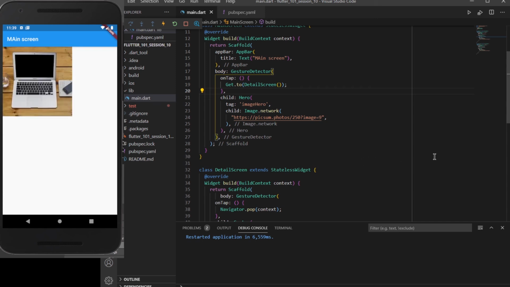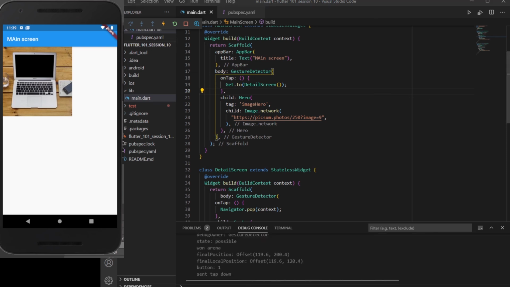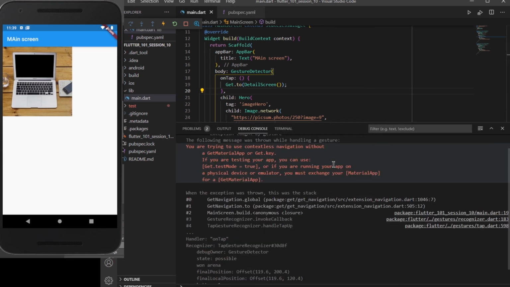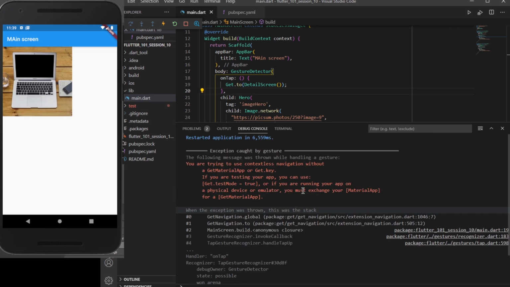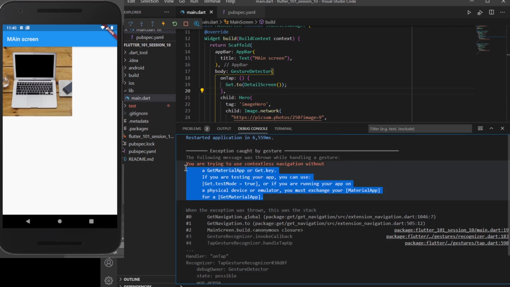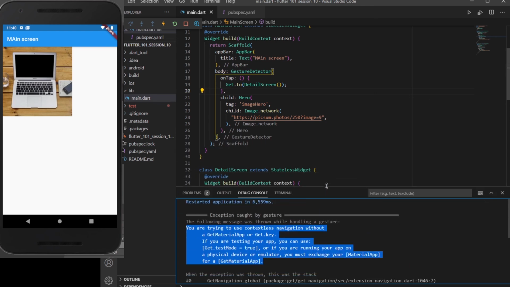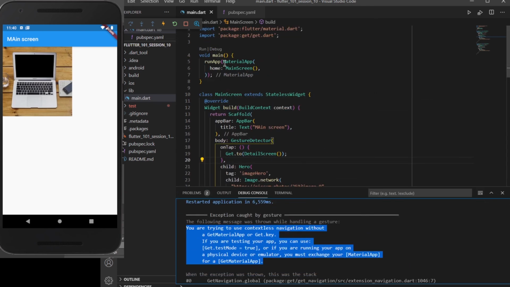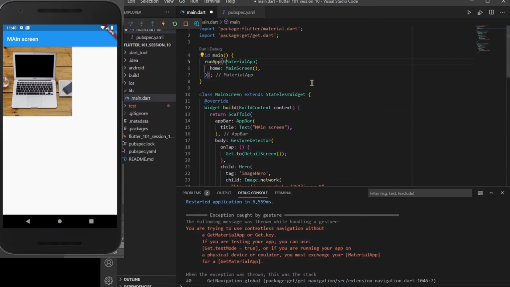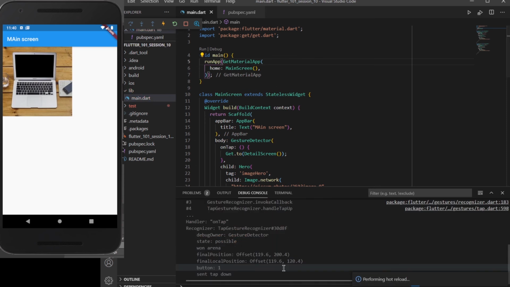When I click on this image, it is still showing me this particular error. Oh, so what it is telling us is that when we are using get inside our application, we need to change this MaterialApp to GetMaterialApp. So let me add Get before it. I guess now after a hot restart it will work fine. Let me hot restart it.